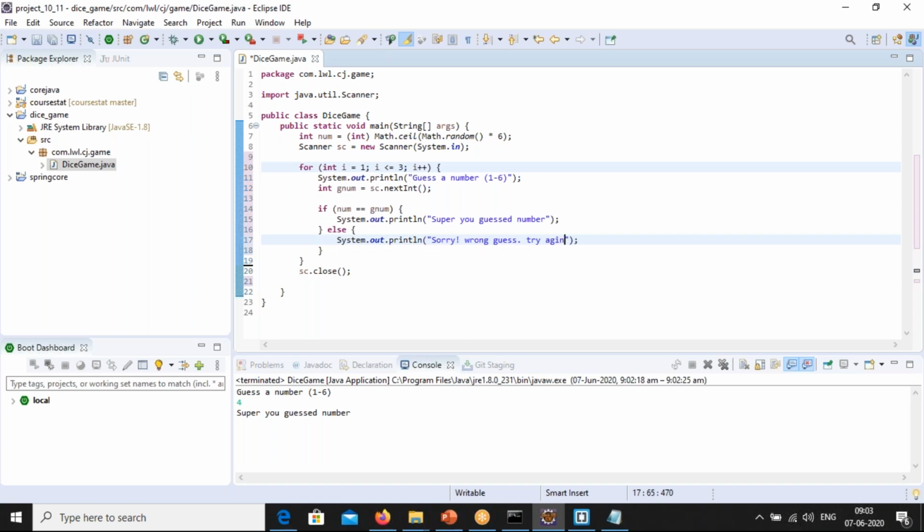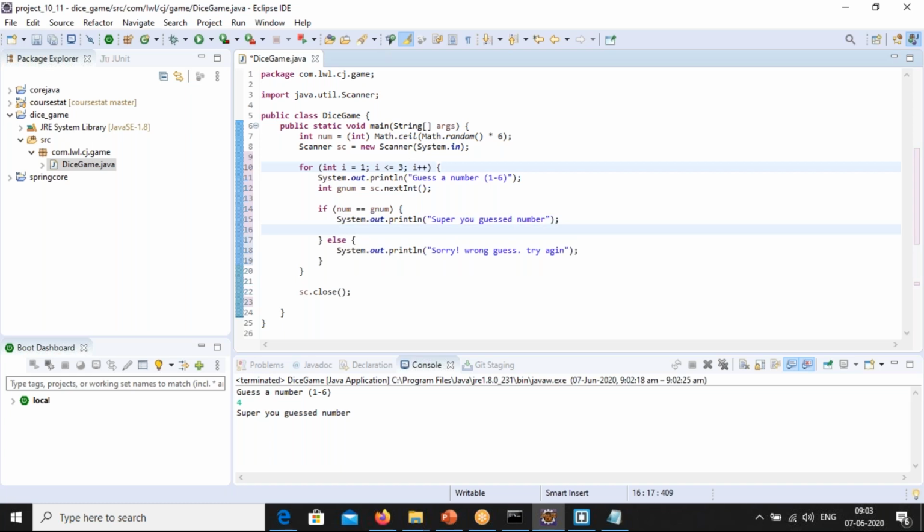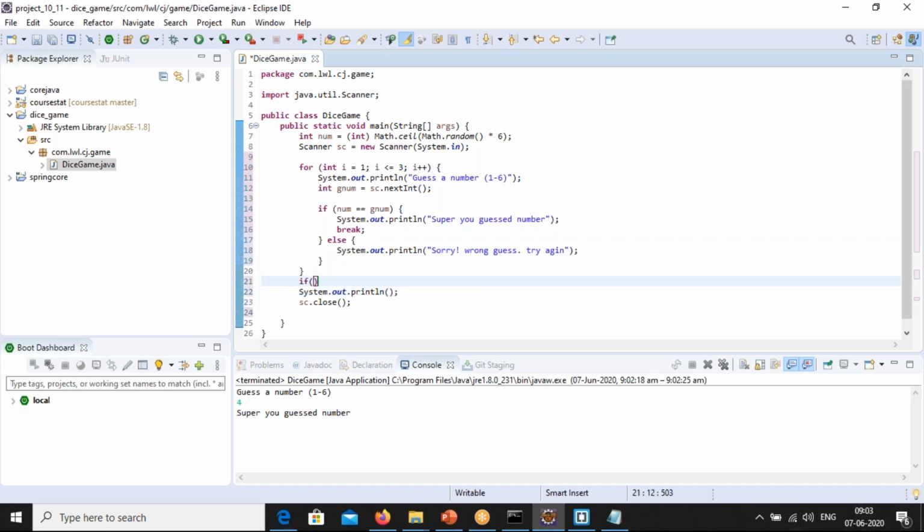Try again. Okay, now here we are going to say that if the number is guessed, you come out of this. If it's not guessed, finally, we write SYS out here: if flag is not true, we are going to say, "Sorry, max attempt reached."